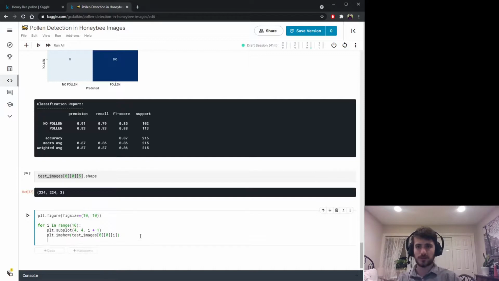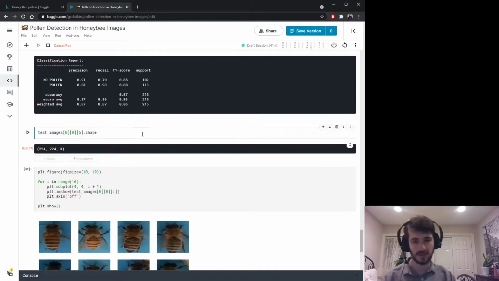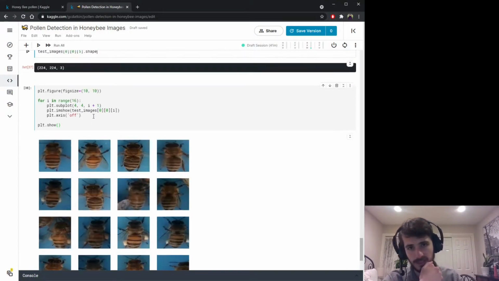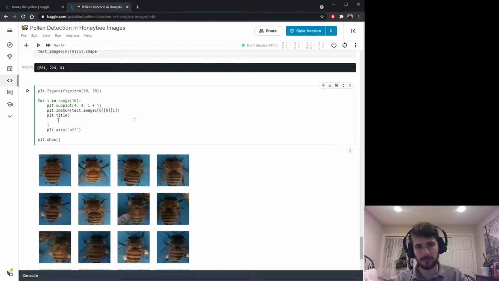And let's turn off the axis, so we don't want to see tick marks here. And we will show. So this should show 16 images from the test set. Alright, and there you see, we have some bees. So I'd like to know how we performed on these images. One way we could do this is by giving each of these a title, plt.title. And the title can be no pollen